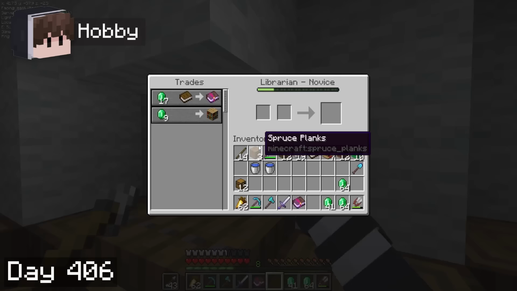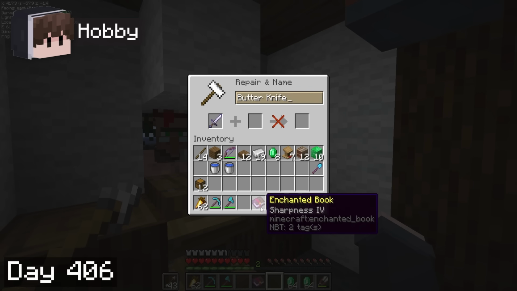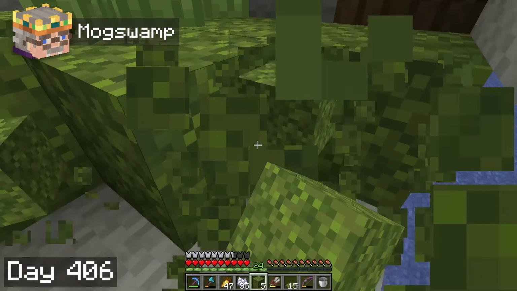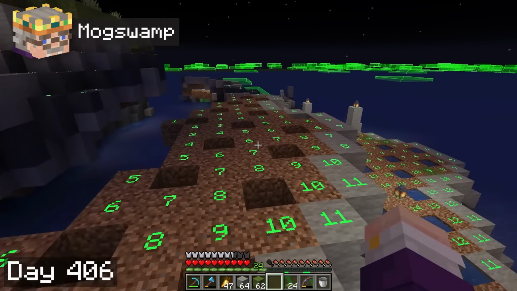On day 406, Hobby got an efficiency 5 trade, so he started working on collecting and combining all of our new books to make me a perfect set of tools. I spent the day mining rock wool and collecting moss to use for the sugarcane cliffs. That evening, I took a stroll through the cliffs using the Mini HUD mod's light overlay to double check that